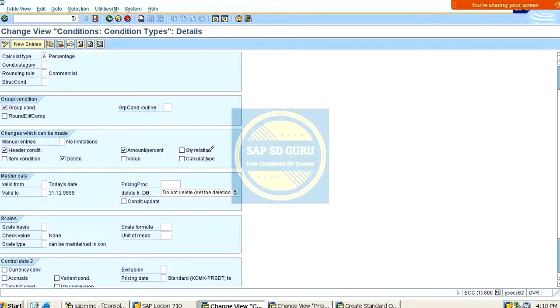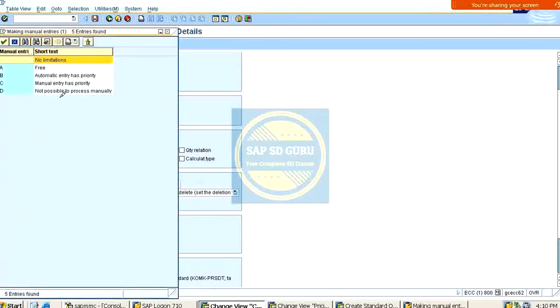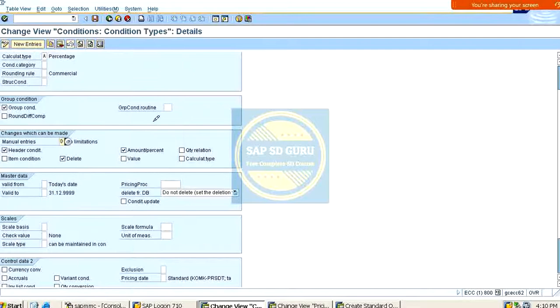Here, if the manual entries field is blank or C, then further you have the control whether to change the amount or value or the calculation type or whatever it may be. And if this value is D,